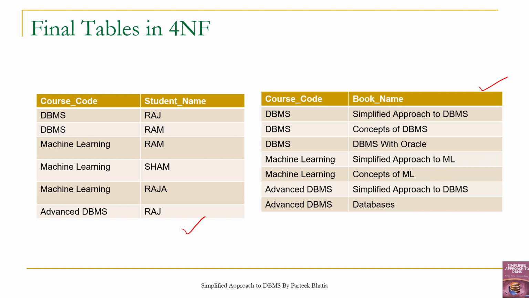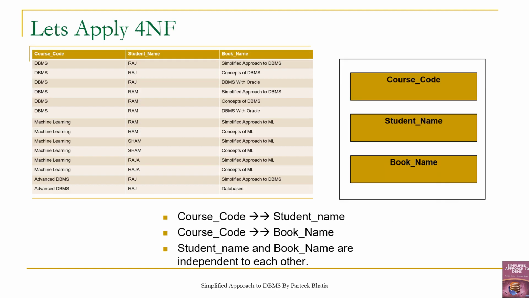So whenever a new student joins a particular course, we can insert the information in this table without bothering about the number of books available in that course. It only requires a single insertion. Similarly, when a new book is available for a particular course, it again requires a single insertion. You can insert it into this without bothering about the number of students available in that course. And if you delete the information from a particular table, it only causes deletion for a two column combination. It will not cause deletion in the other table. So this way we will be able to solve all the problems of this big table by decomposing it into two tables. One is course student and another is course book.